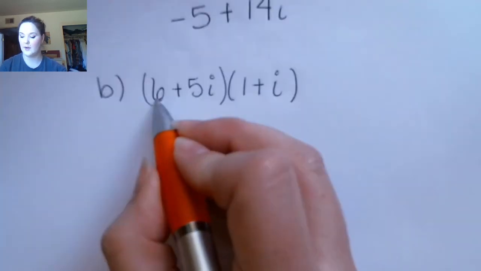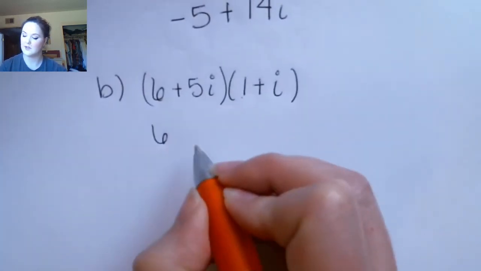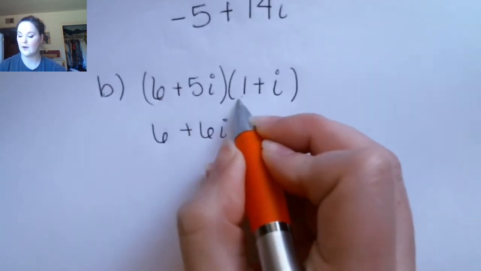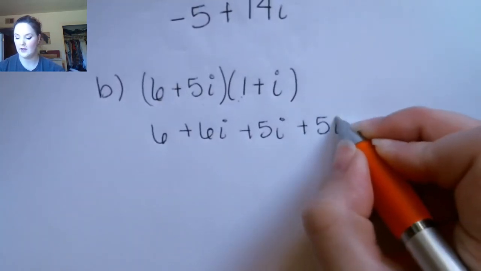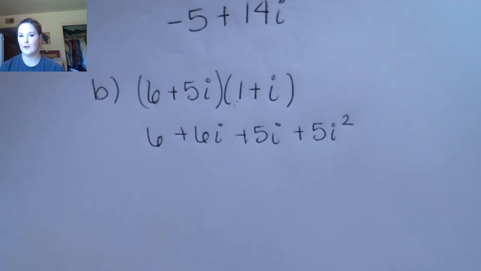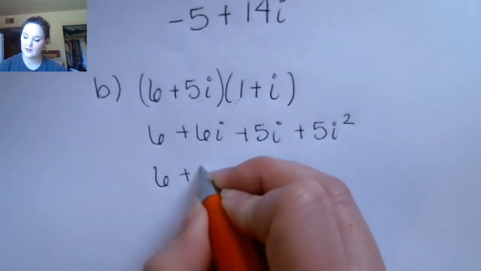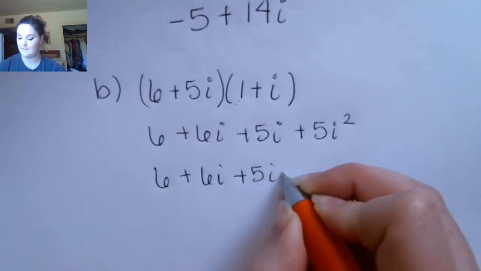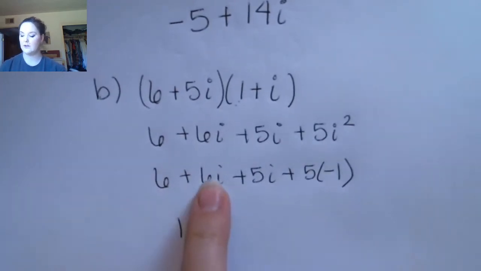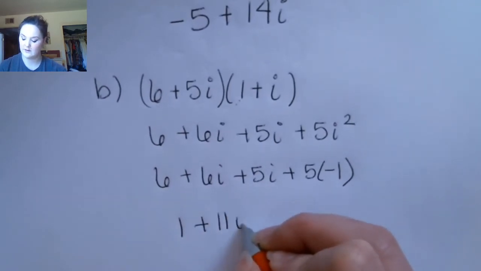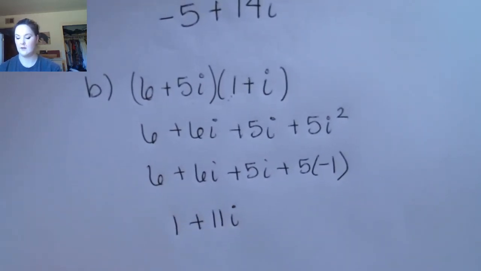We're going to multiply it out. 6 times 1 is 6. 6 times i is 6i. 5i times 1 is 5i. And 5i times i is 5i squared. Now we're going to replace i squared with negative 1, and combine our like terms. So 6 and negative 5 is 1. 6i and 5i is 11i. All right. Now we have one more operation to do, which is division, but before we get to that,